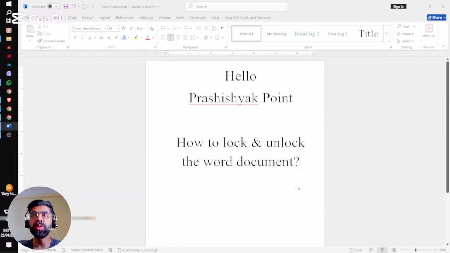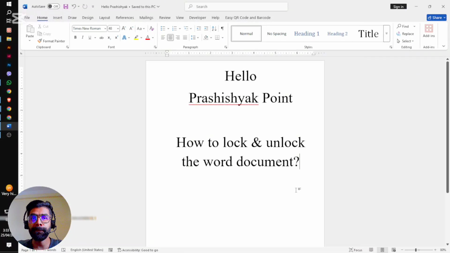Our topic is how to lock and unlock the Word document. Right now I have been opening this Word file. Now let's go set up the password for this Word file, and we will go through this menu bar